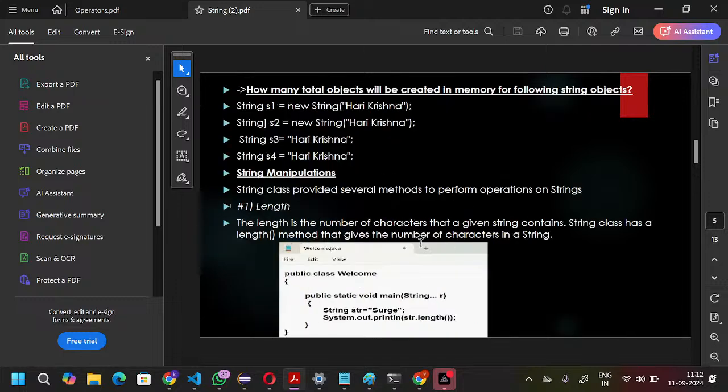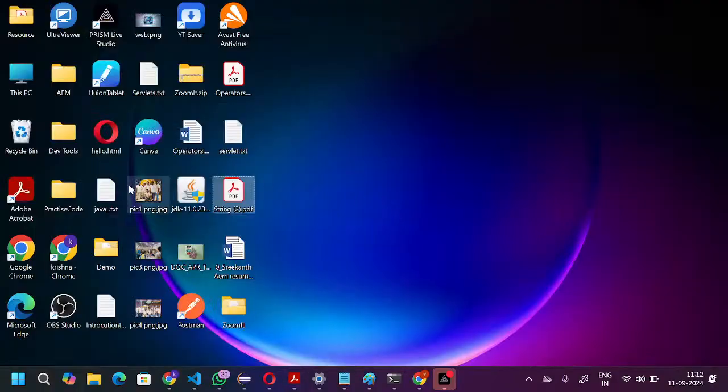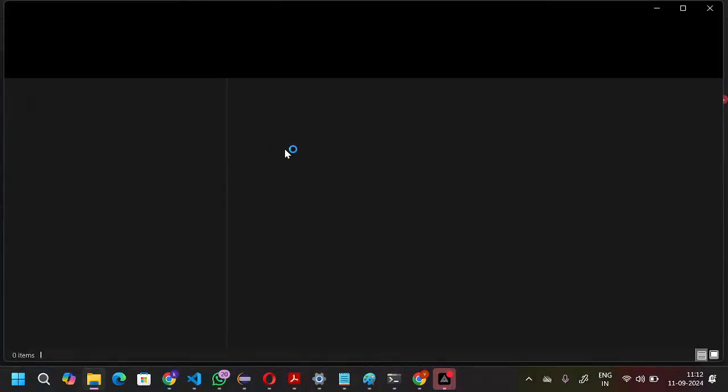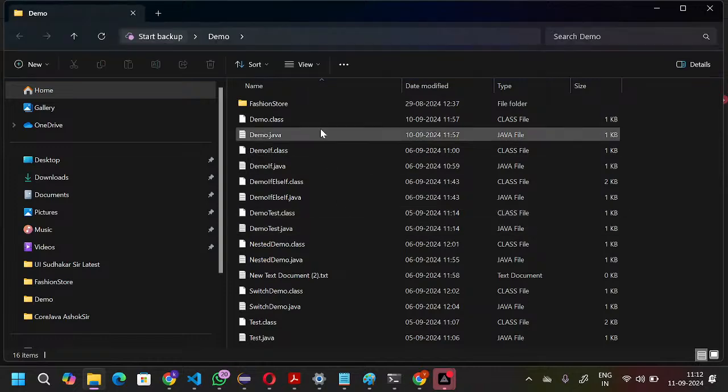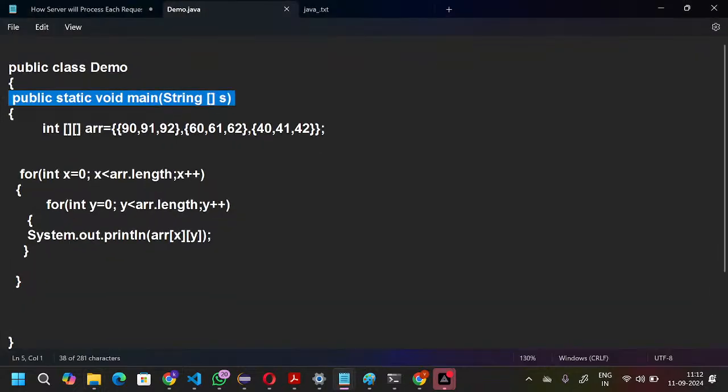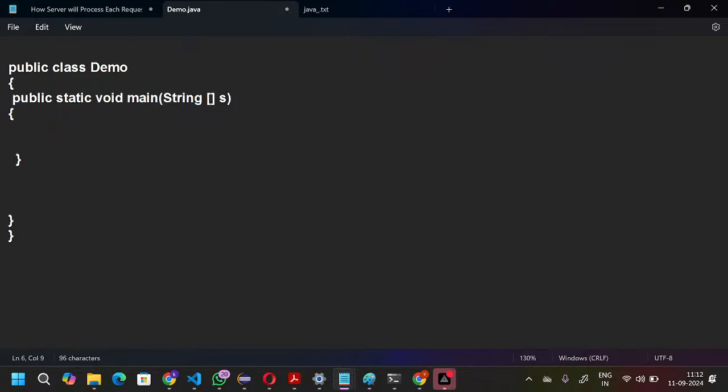the length method, which is used to find out the number of characters available in the string. If you see this program, I go to the folder location, and here I will take some Demo.java. This is the scope of the class, and here I am taking the main method. Two curly braces open, two curly braces close. Now here I can take,